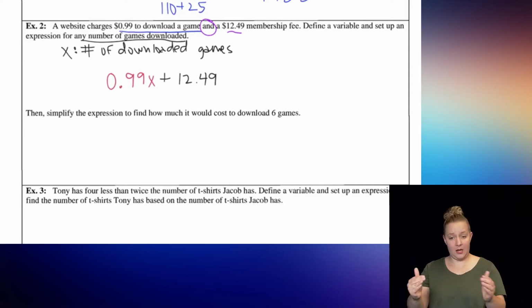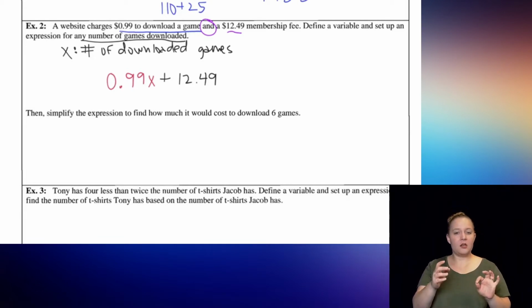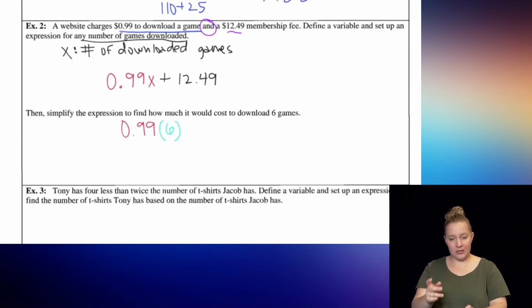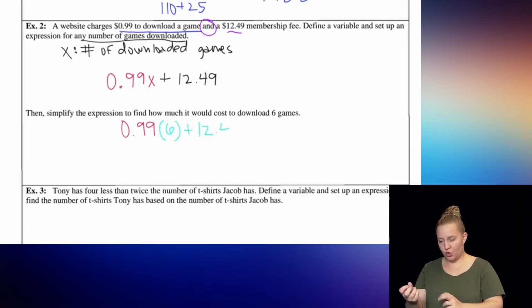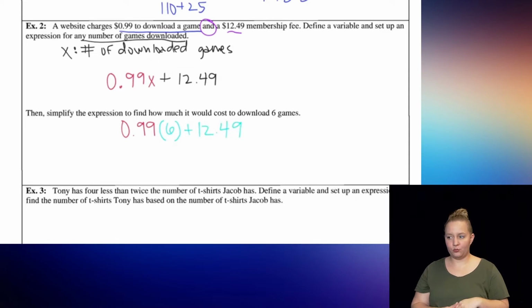So now we are going to replace the x with, it looks like it says, then simplify the expression to find how much it would cost to download 6 games. Therefore, I'm replacing the x with 6. So 99 cents times the 6 games that we're downloading plus the $12.49. So 99 cents is close to $1, obviously. So 6 times $1 is just $6. But then I'm taking away 1 cent. So again, I'm trying to do this all in my head since there are still no calculators. 1 cent per dollar, so minus the 6 cents. $6 minus 6 cents is